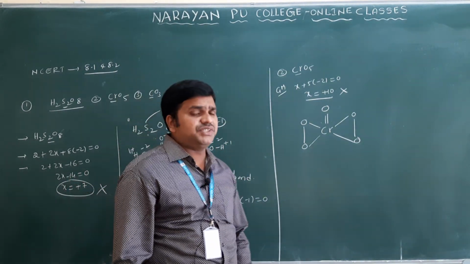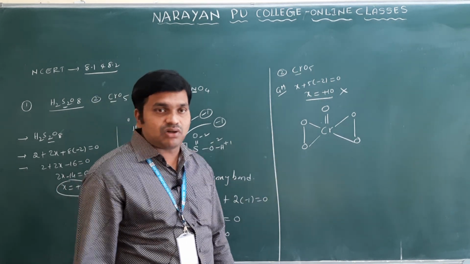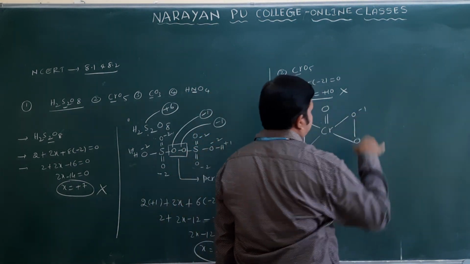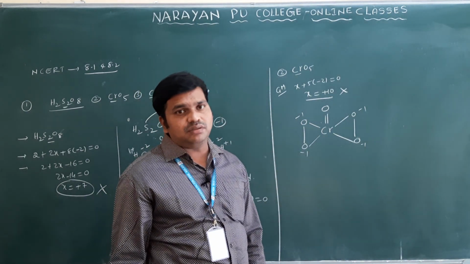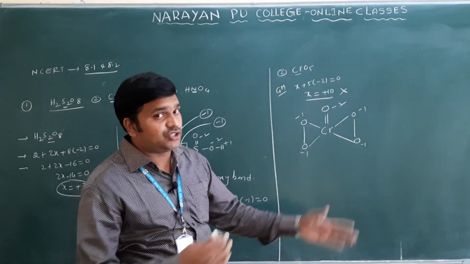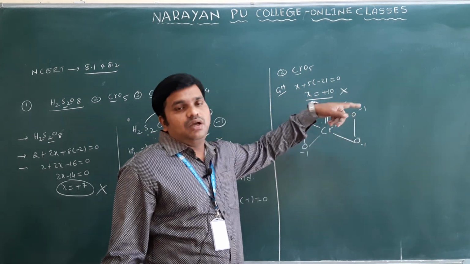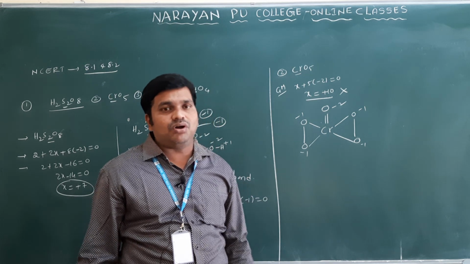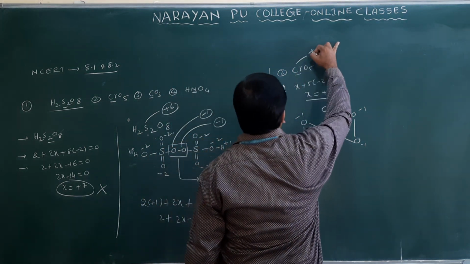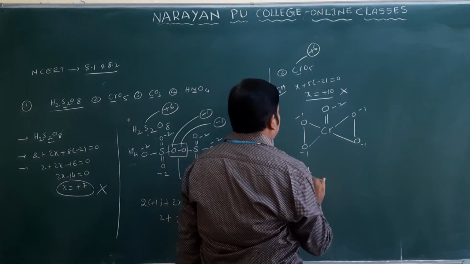So here you can identify which is the normal oxide bond and which is a peroxide bond. O and O is a peroxide, so -1, -1. Here this is also a peroxide bond, -1, -1. Here the double bond O is not a peroxide bond; it is a normal oxide bond, so -2. All together: -1, -1 is -2, this is -2, -4, this is -2, -6. X minus 6 equal to 0, so X equals +6. So the oxidation state of chromium in CrO5 is +6. What structure is it? A butterfly structure.